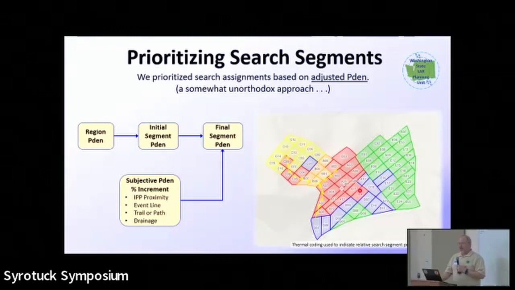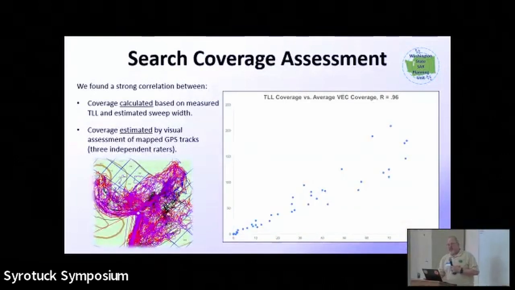And so then we thermally coded, as you can see here, the results. And then for the search effort, we captured the GPS tracks from both our canine and our search dogs, and we derived search coverage in two ways. One is we did the calculations of track line length and effective sweep width, or estimated effective sweep width. And then we also did another round of visual estimation of coverage. We had 3 independent raters just visually look at the tracks that were in a segment and estimate how much coverage that segment got, because we had the time,